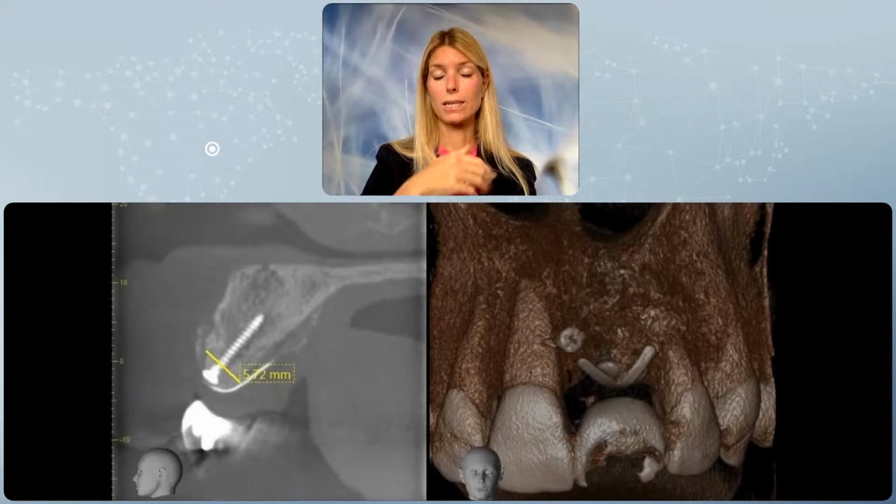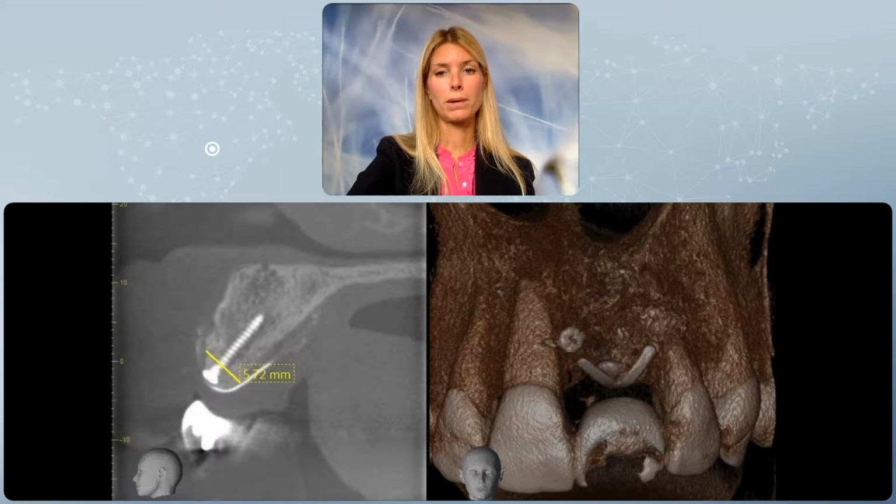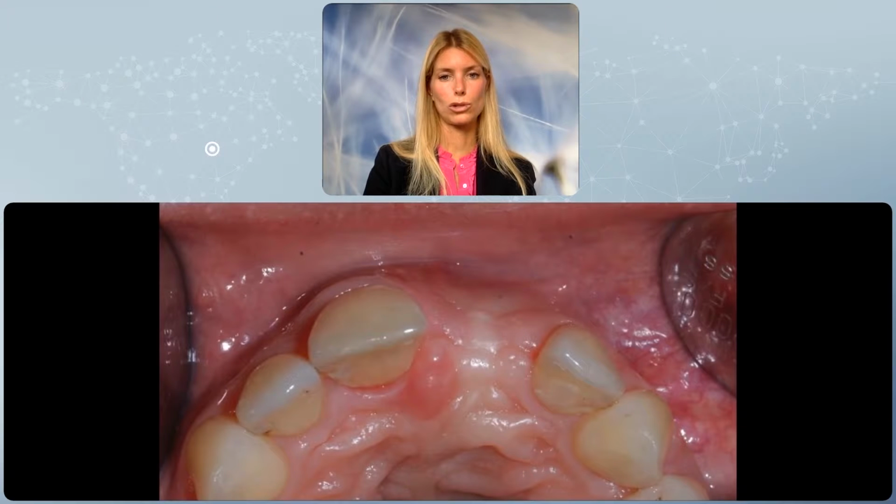Now you can see obviously that the tissues are closed by primary intention with the same technique as I've shown you in the video before, and you can see the large augmentation that we have achieved 9 months after the surgery. The timing usually goes from 6 to 9 months. 6 months is usually for the smaller cases or the single tooth cases, and 9 months are for the multiple sites. The soft tissue, when they heal in a healthy way, they appear beautifully solid without any dehiscence,